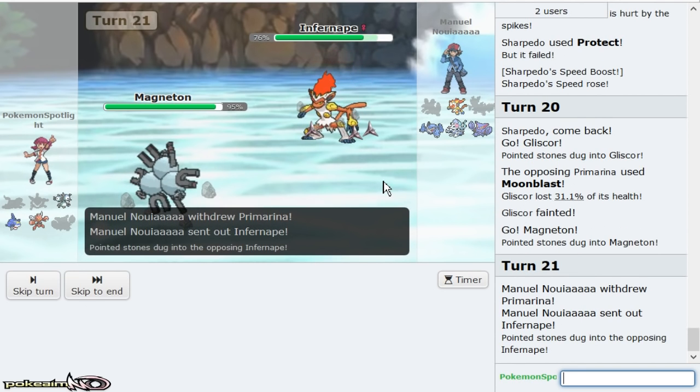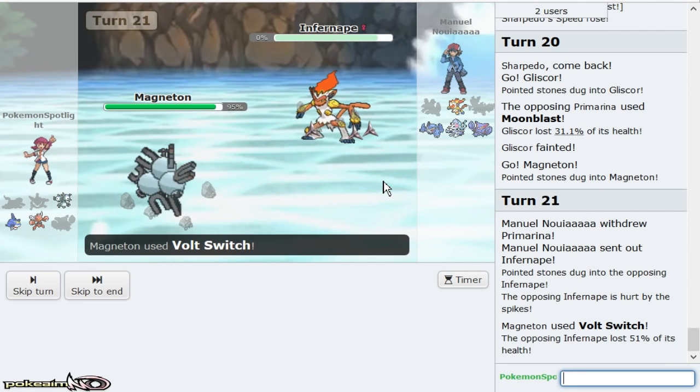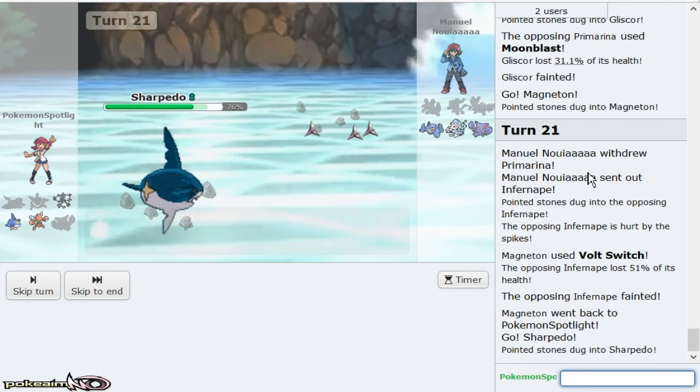And he decides to make probably the worst play possible, which is going Infernape. That was his only way of winning this game, because now I just go Shark and win. Honestly, that was the worst play he could make right there, because everything just dies now. Absolutely everything dies. The only reason I switched out Sharpedo as well is because, like I said, I had to